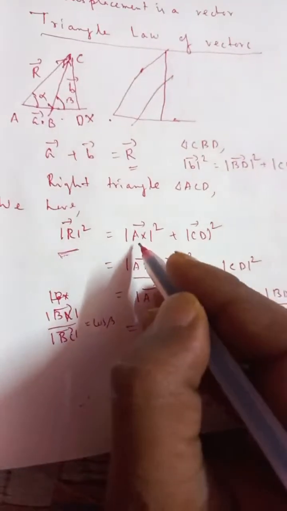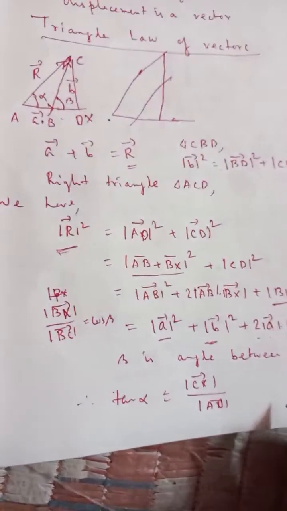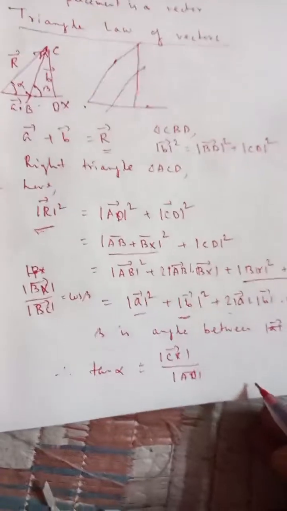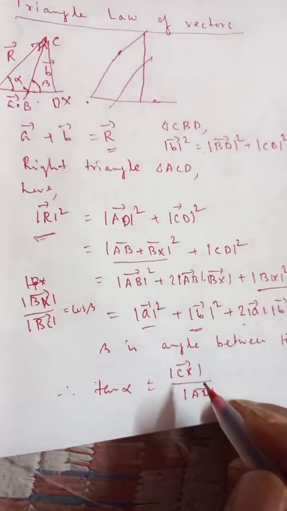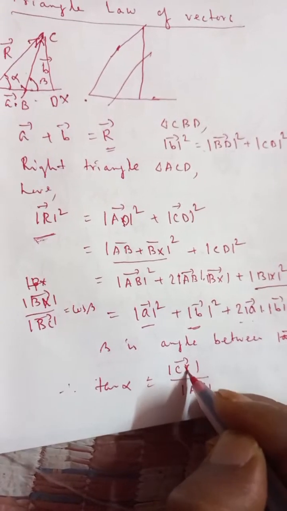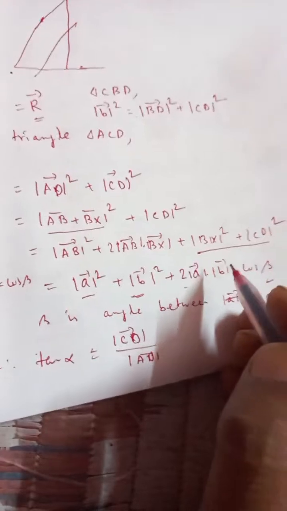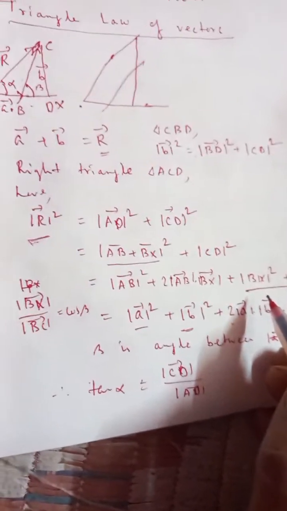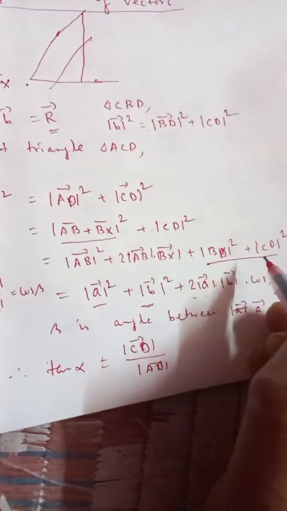Here it will be D, not X. So mod of CD actually is